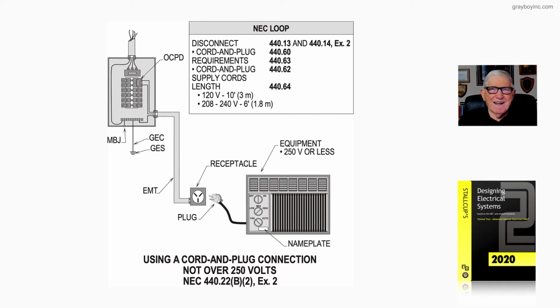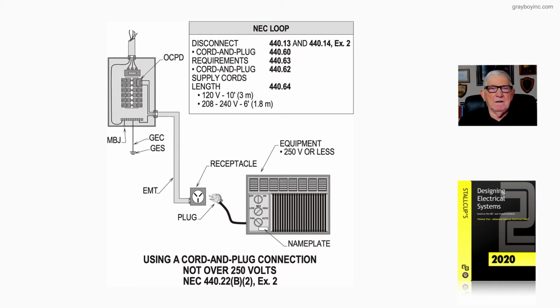This illustration 19-14 deals with using a cord and plug connection not over 250 volts in accordance with NEC 440.22(B)(2) exception 2. Now the NEC loop provides some important information. The disconnect where the receptacle and the cord attachment cap could be used as a disconnect, 440.13 and 440.14 exception 2. The cord and plug requirements of 440.60,